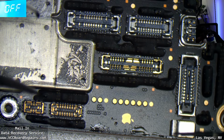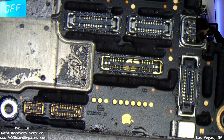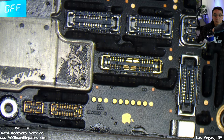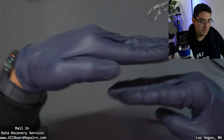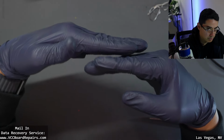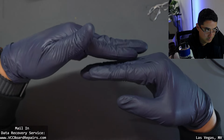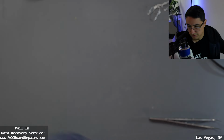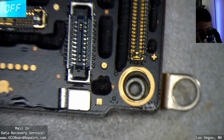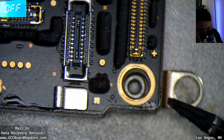So as of right now, I can't tell if it's soldered on yet. I was hoping for the solder balls to be molten, so when I, let me see if I could explain it. So basically, when they're molten and the solder balls are liquid, you can bump one board, it'll push away and then snap back. That's kind of what I was hoping for, but it seems like I push it and they both move. So either the solder balls are too small or it's not molten yet. So I raised up the temperature to 210 and